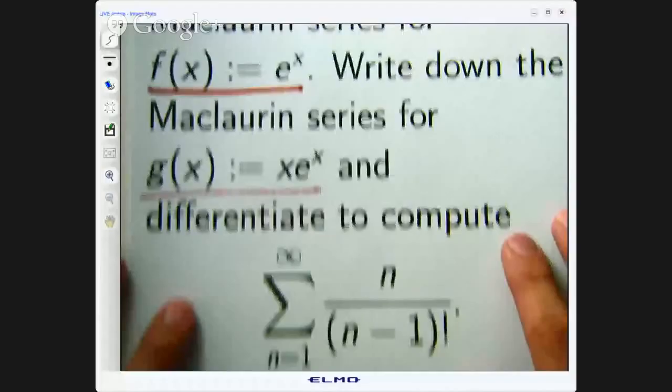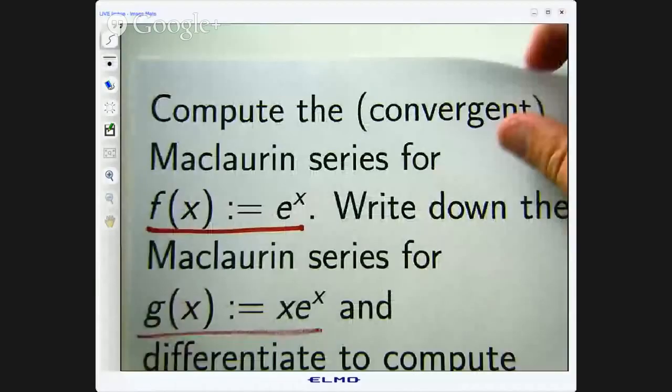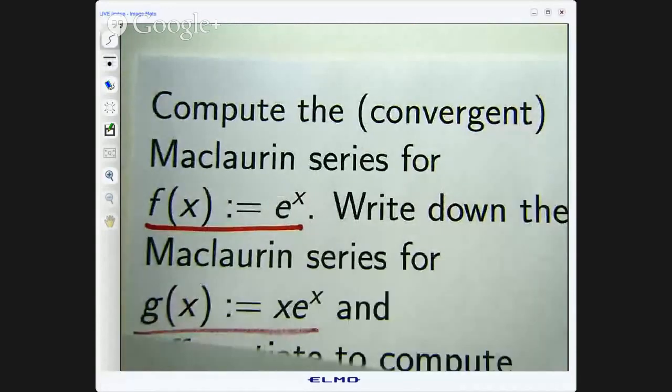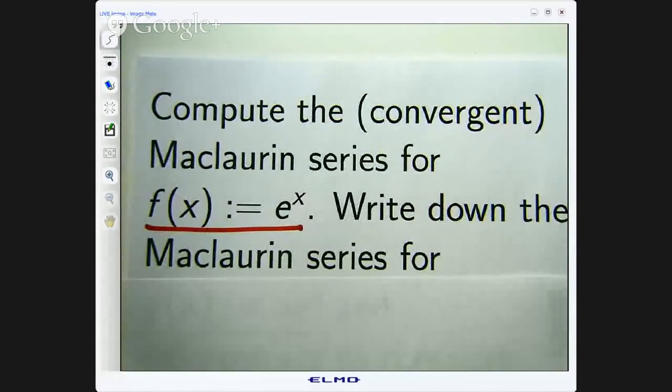Firstly, why would you want to do that? Well, in a series of videos on infinite series, we know that it's really tricky to actually compute the exact value of a series. That's what we're going to do in this example. So that's a sort of a loose mathematical application. So let's see how it all works. So first off, compute the Maclaurin series for this. Oh, before we get down to that though, let's take a look at